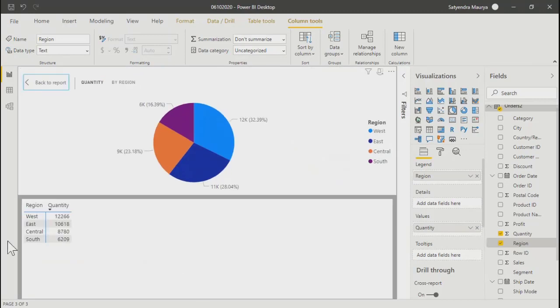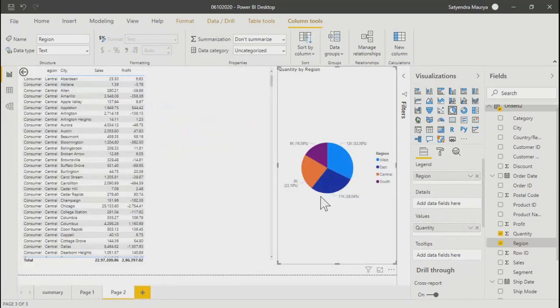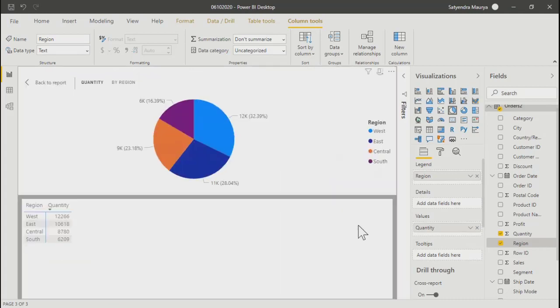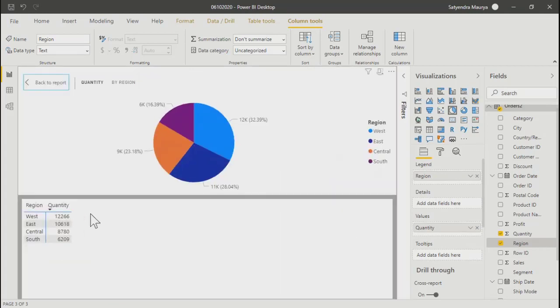See over here. So if the component or control you have taken is not a table and you want to see the data as a table, then you can simply right click on it and show as a table. It is basically useful for the viewers, the users. They can see that data in this particular format.